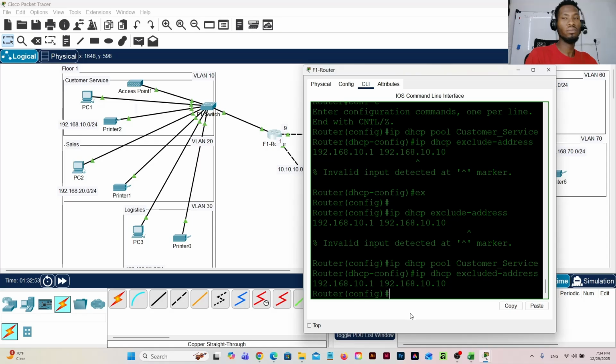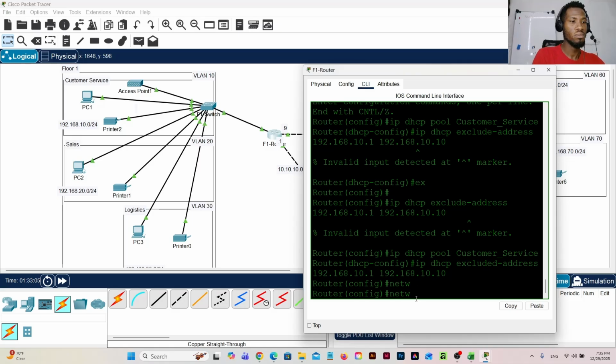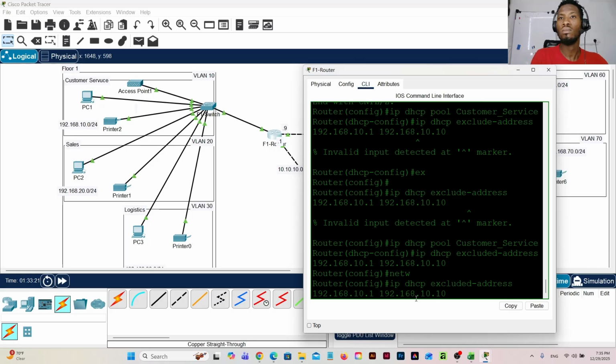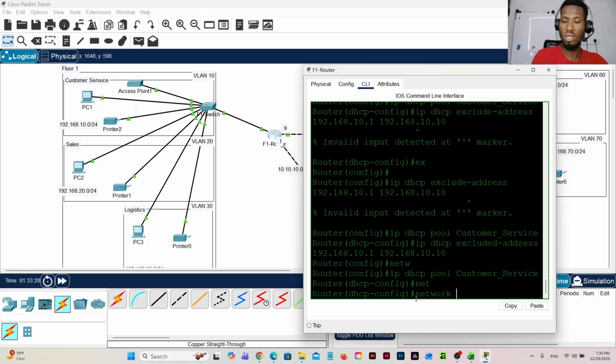Then we'll come and give the network. Network, then we give the IP address. Okay, we give the IP address and then the subnet mask. So network